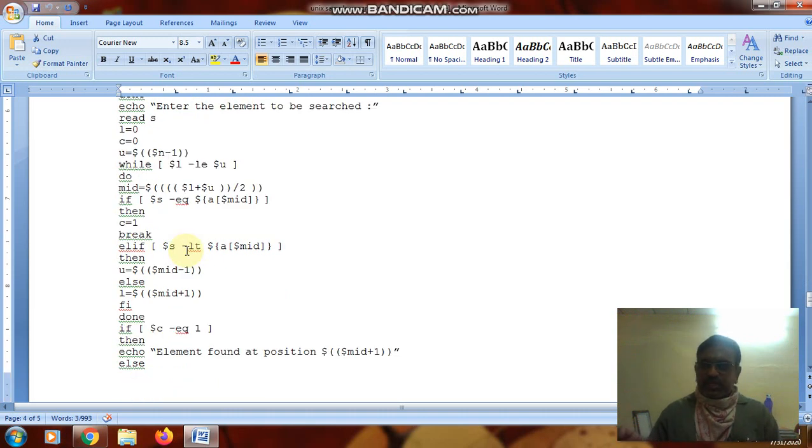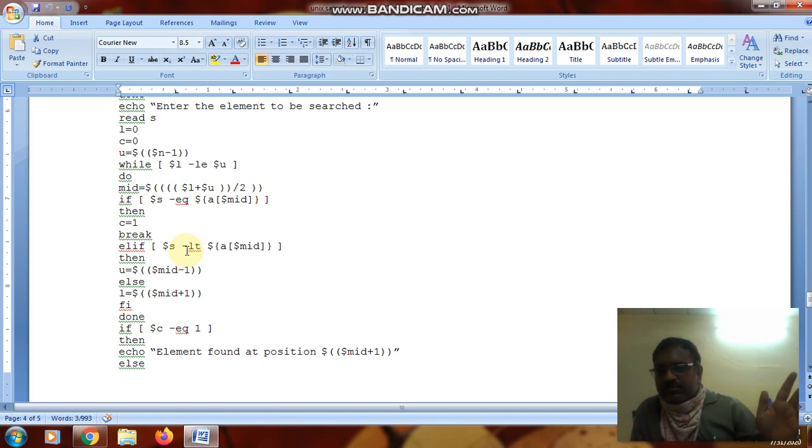Using the middle value we can go for sorted operations. Suppose the searching element is less than the middle value, then you take that particular area only. Don't go for values greater than the middle, because your searching element is less than the middle value.